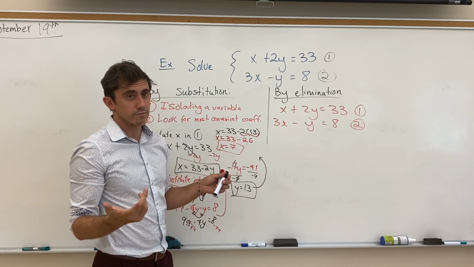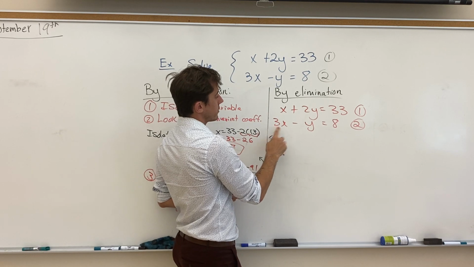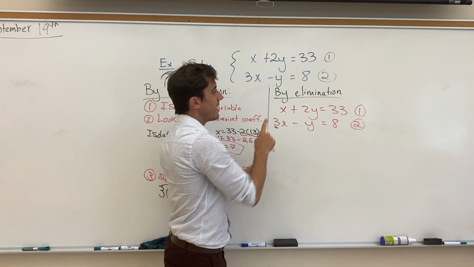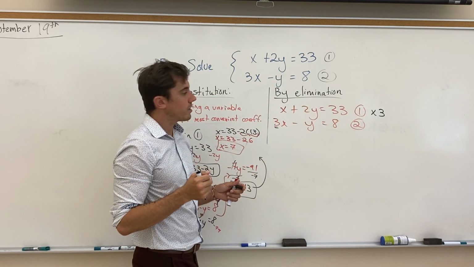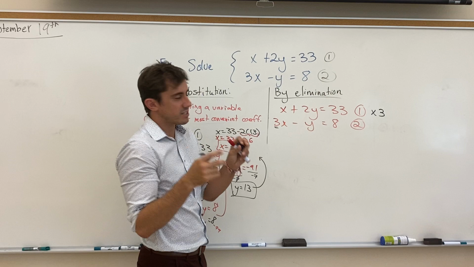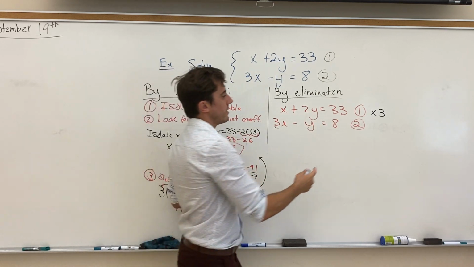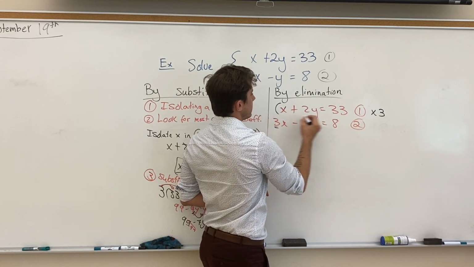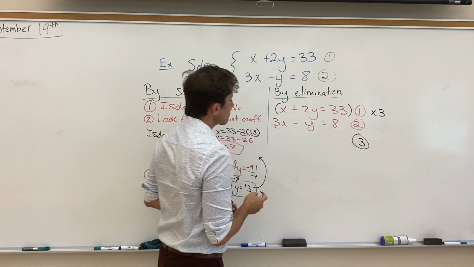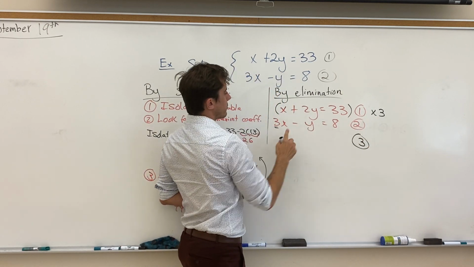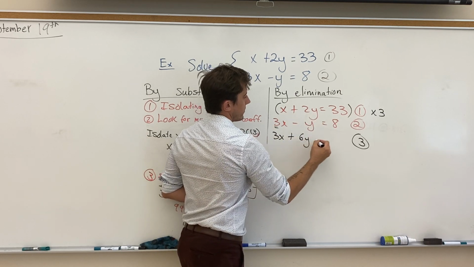Just arbitrarily, I'm going to choose to eliminate the x. And so since we have a coefficient of 3 here and of 1 here, I'm going to multiply equation 1 by 3. Okay? Now this is going to create a new equation. It's going to be equivalent to equation 1, but it's going to look new. And so if we multiply the entire thing by 3, let's say that creates equation 3. We're going to multiply every term by 3, so we're going to have 3x plus 6y is equal to